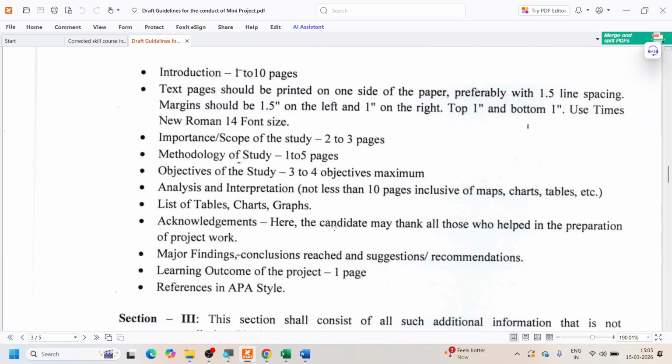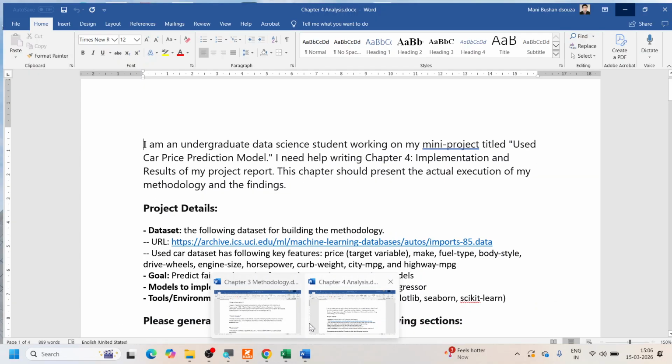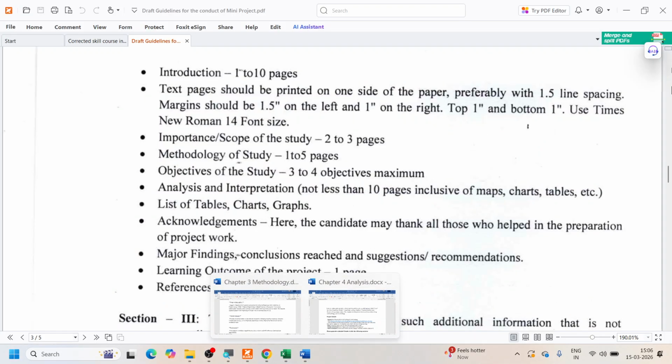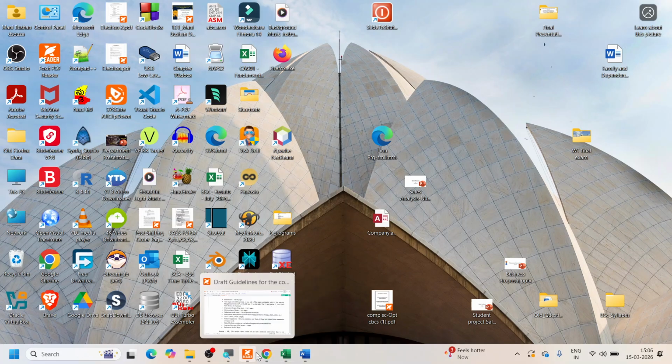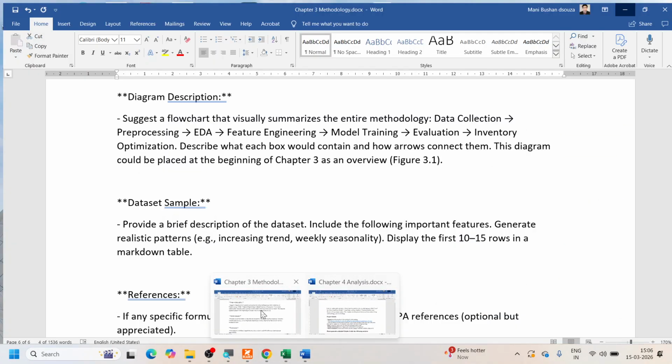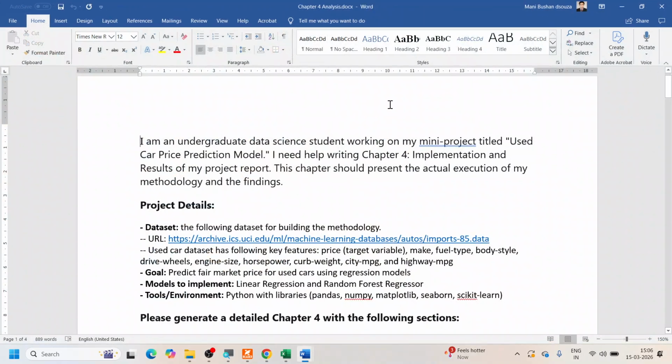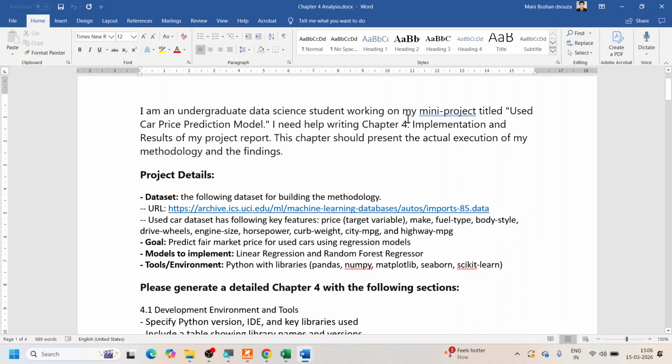analysis. Now, in order for us to perform the analysis, the one thing that we must have is, let me go here. I'm not getting the mouse pointer. I will minimize this, and where is the Word? Okay, Microsoft Word. I'm going to use Microsoft Word for my prompt. I am going to start with the prompt saying that I'm an undergraduate data science student, and my project is used car price prediction, and I have